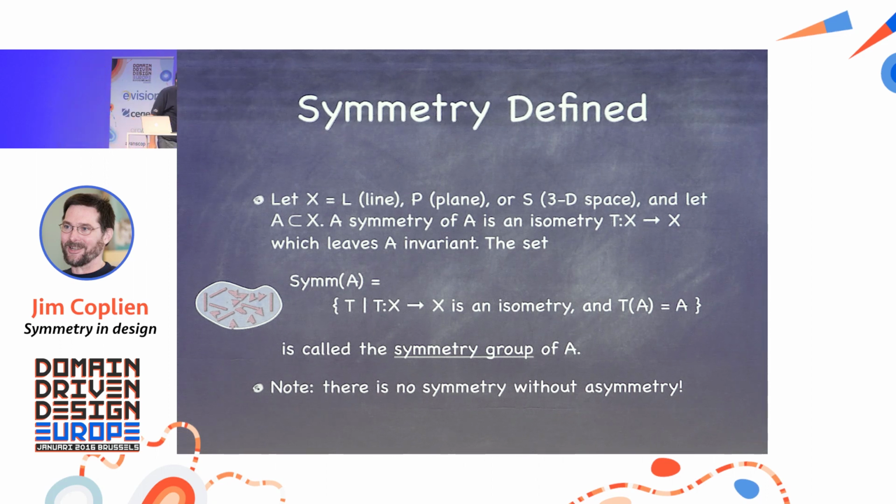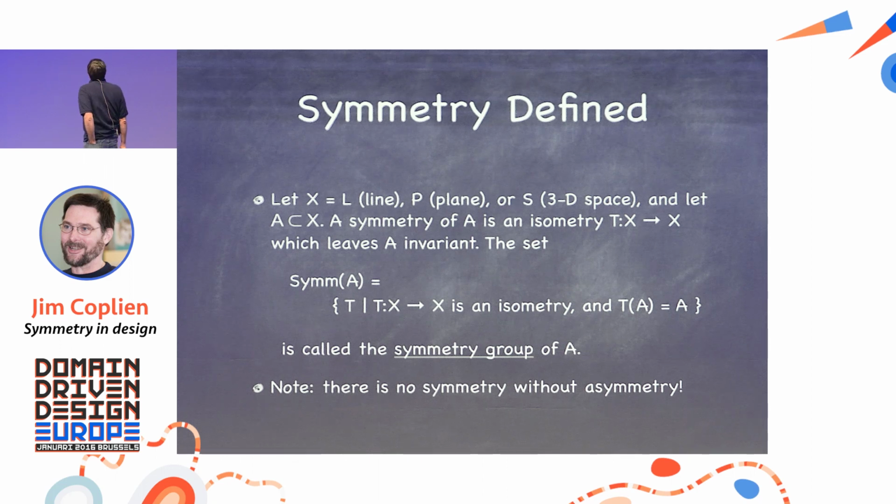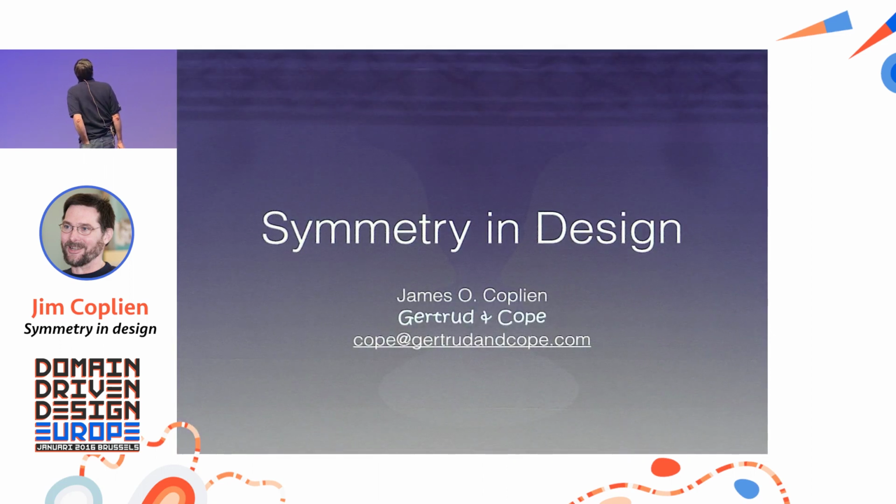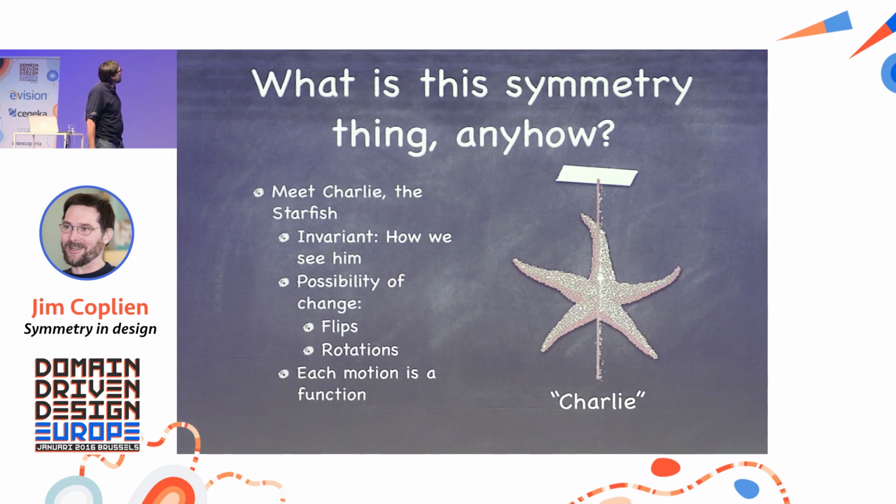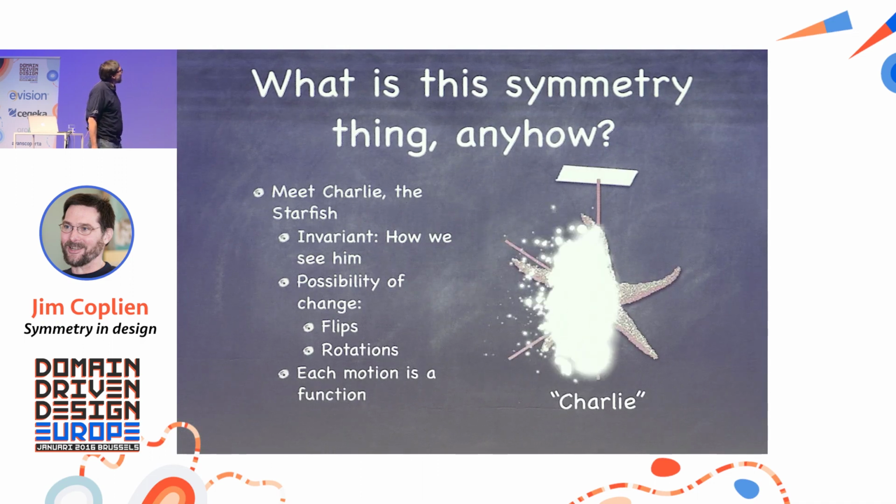Now, something key here is there is no symmetry without asymmetry. The two go back and forth, hand in hand. And that's kind of why I put up this title slide, which with the color rendition of the projector doesn't look very good. But if you look very carefully, how many of you see the hourglass? How many of you see two faces? Well, they're both there. Classic kind of puzzle picture. And I mean, there's a symmetry-asymmetry thing going on here. Oh dear, yeah, I have to go through these animations again. Sorry for that.